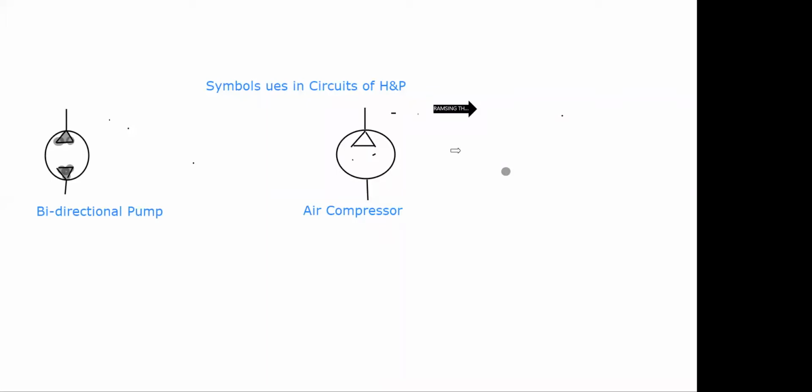The triangle which we fill in this pump like this, we are not going to fill here because it is a compressor. In an air compressor, air is invisible, that's why this part is not filled here. But in the case of a pump, the liquid is visible, so we are highlighting the triangle here in case of pump, and we are not highlighting the triangle here for the compressor, because an air compressor compresses the air which is invisible. Okay,